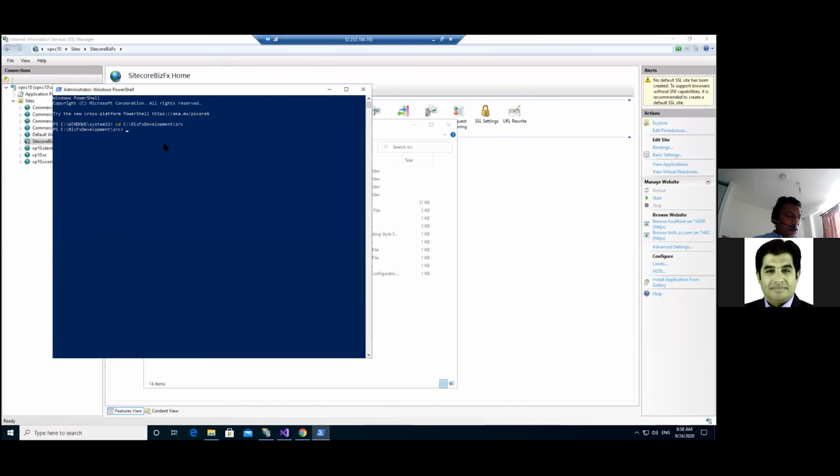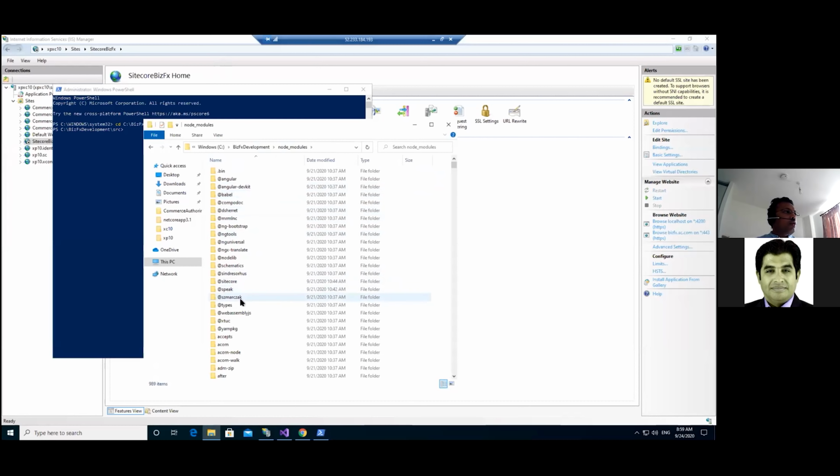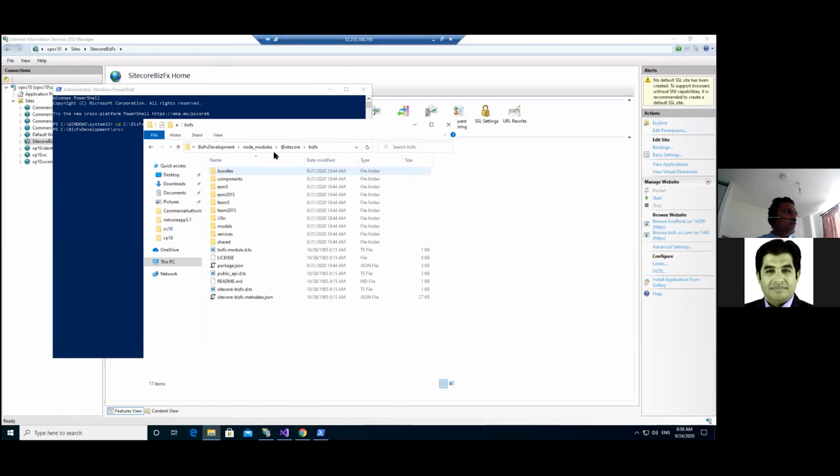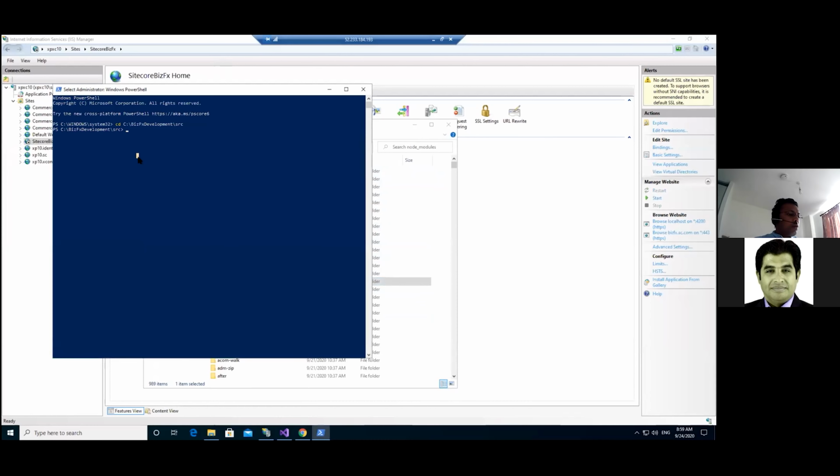Since everything is set up already, you can see the ng models here. That means I have installed the supporting files that the business tool needs, the Sitecore and BizFix files, AngularJS and Speak. So I'll just execute ng serve. Now this should start compiling. It will take a bit, like 15-20 seconds to kickstart.